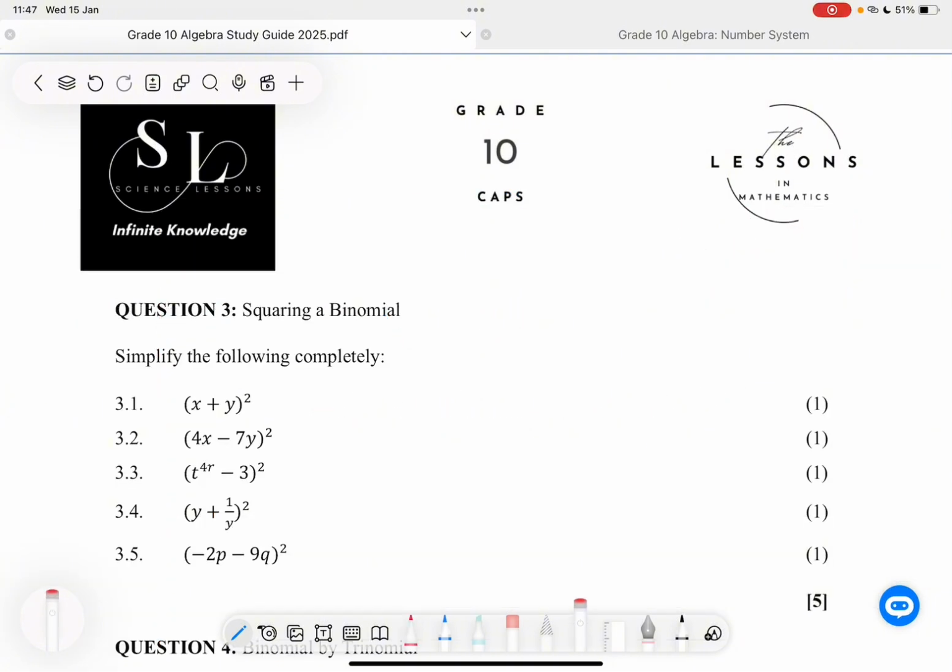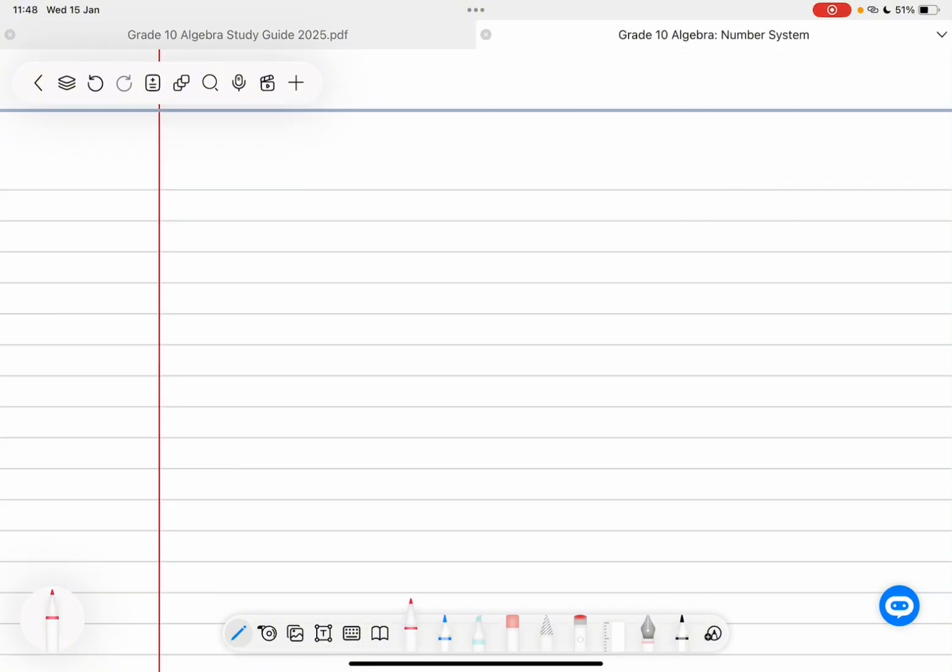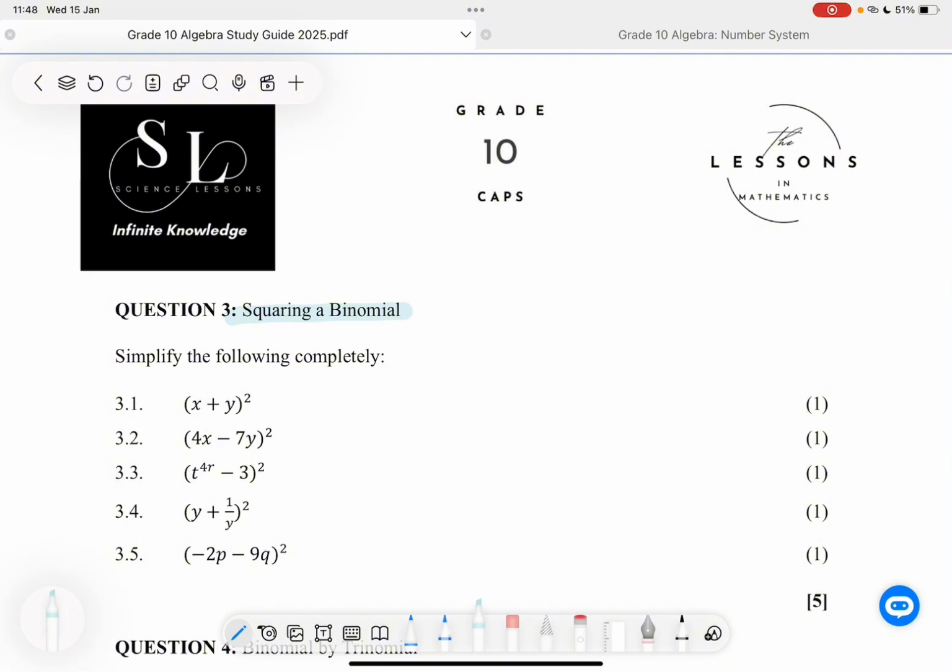Question 3 deals with products that we get when squaring binomials. To demonstrate this and explain this, we'll do these questions. The question reads as follows. Simplify the following completely. So we're doing question 3. We'll start with 3.1. And we got given a square